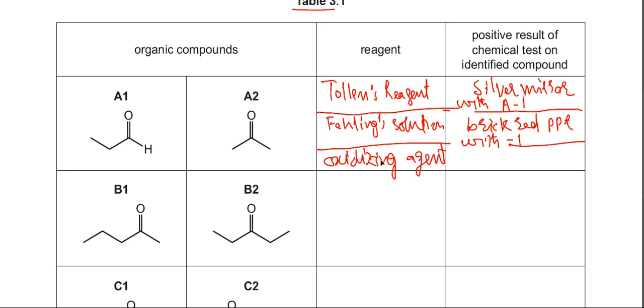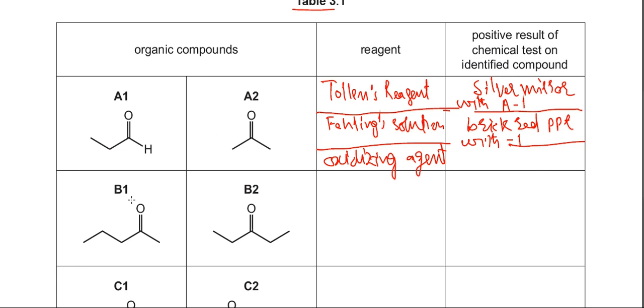If you use potassium dichromate, you can see the change in color from orange to green with A1. And if you are using potassium manganate(VII), then you have to say the purple color decolorizes with A1. Hopefully you